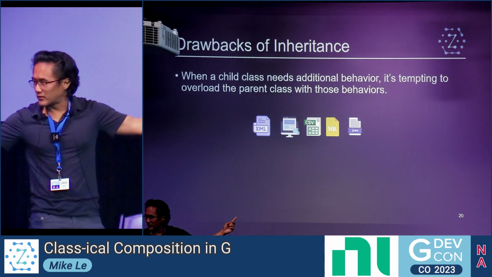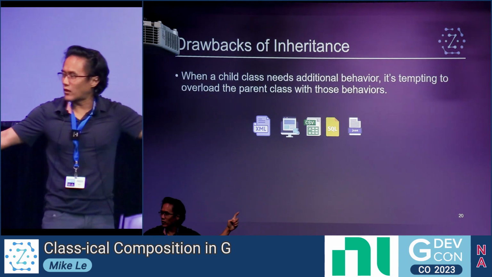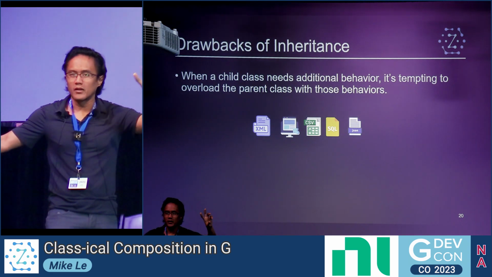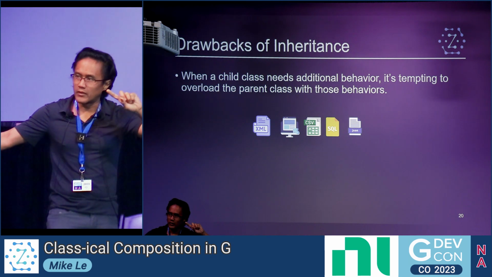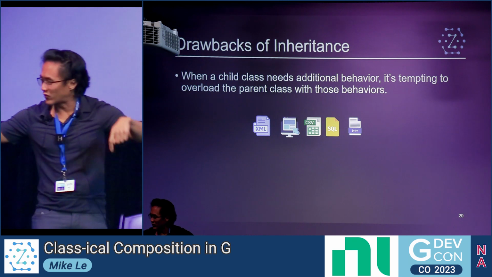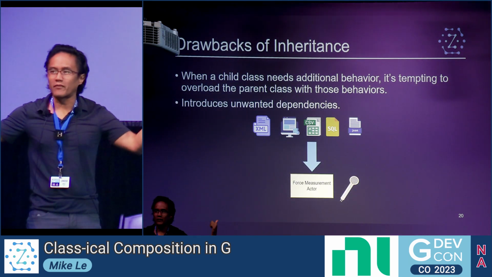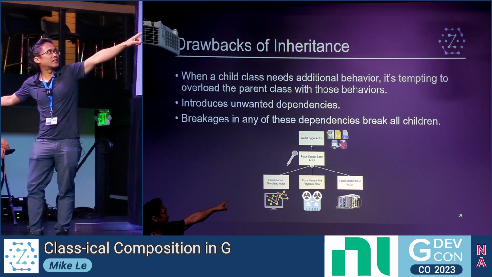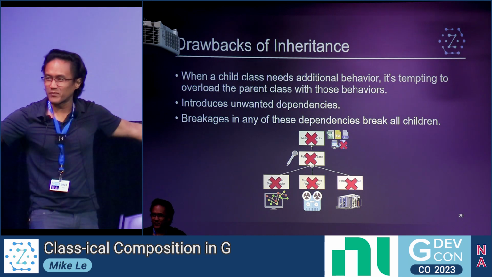So what are some of the drawbacks? Like I said, when a child class needs additional behavior, when you're changing more than one thing, and you can't control those things through dynamic dispatch, then it's really tempting to just start overloading the parent class with things that all the different children might need. That's really tempting, right? And so you get a lot of unwanted dependencies. That's not good. And the other thing is that breakages in any one of those libraries suddenly breaks everything. Whereas if those were not statically linked, that would not necessarily be the case. You could load up those leaf classes, those concrete classes in their own project. They don't know what plugins are getting dragged in until runtime.